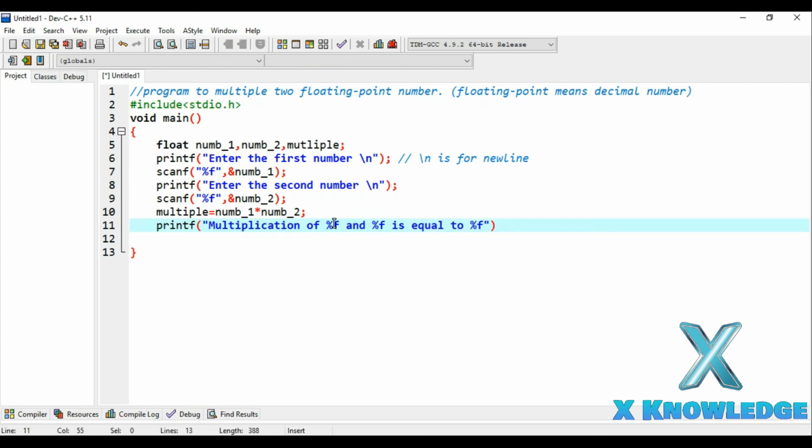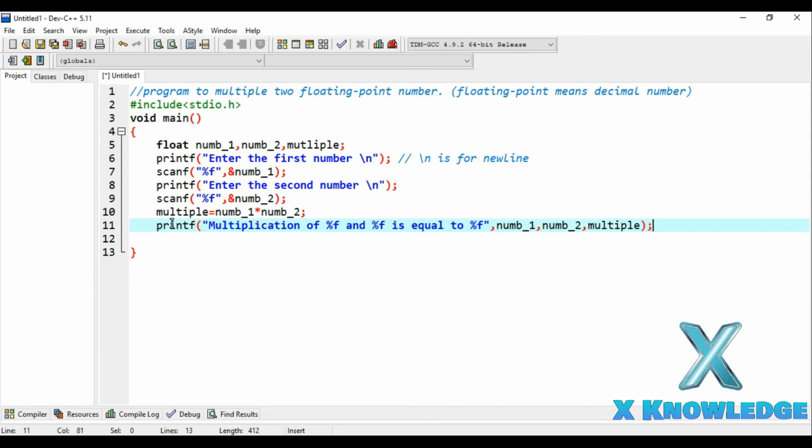The first %f will be replaced by num1, the second %f will be replaced by num2, and the last one will be replaced by the multiplication value, multiple. Now semicolon.